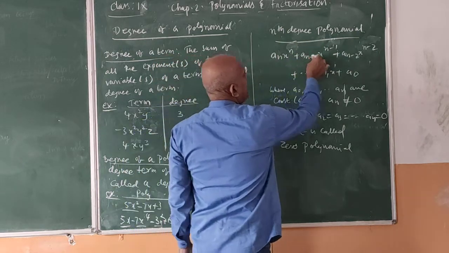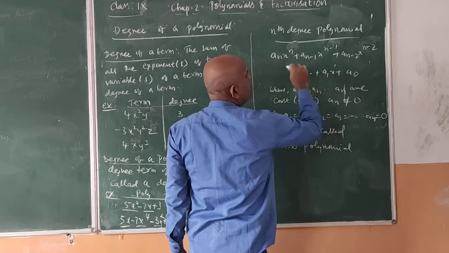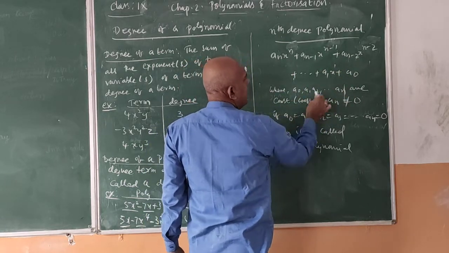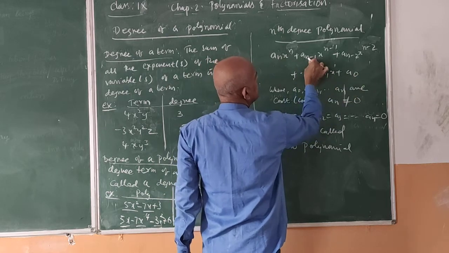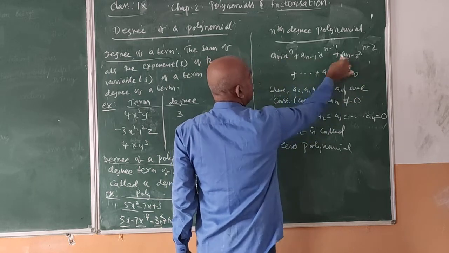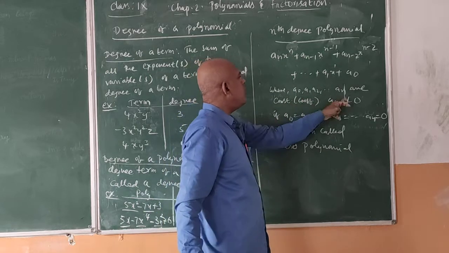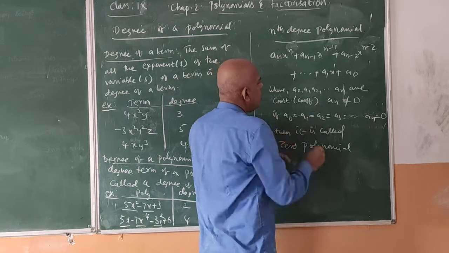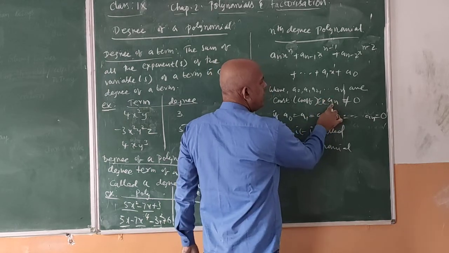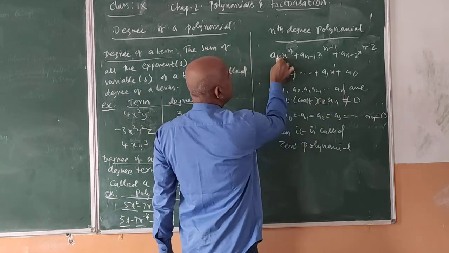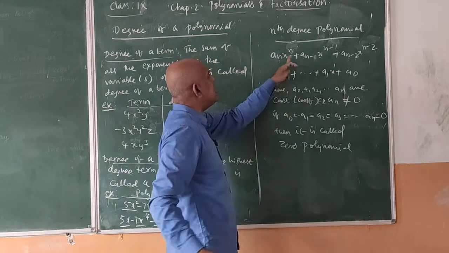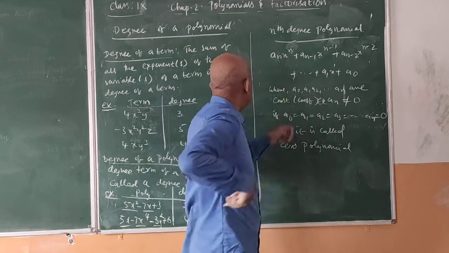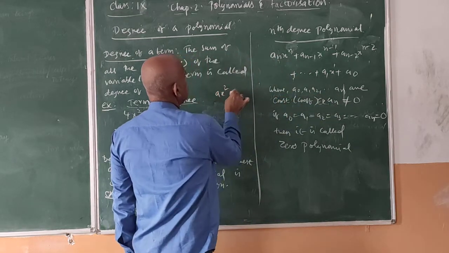Here a n minus 1, a n minus 2, a1, a0 are the constants or coefficients. These are called the constants or coefficients; sometimes the term which contains the variables is what is called the coefficient. So these are called the coefficients and they are real numbers. These all belong to what? Real numbers. And a is not equal to 0. Why a is not equal to 0? Because it is the leading coefficient, as the highest degree term. It should not be equal to 0, as we learned in the quadratic equation.